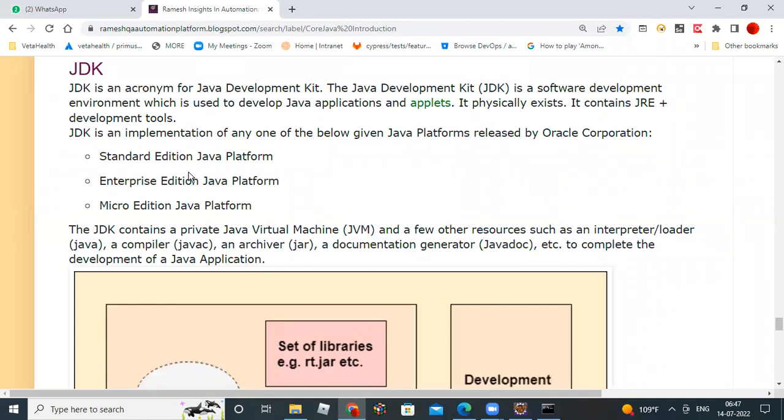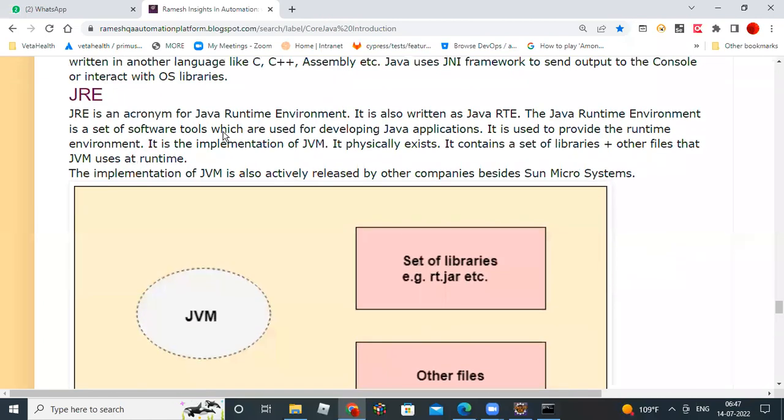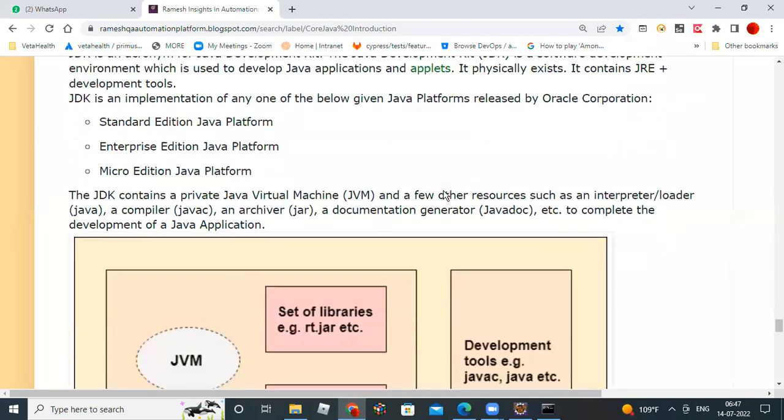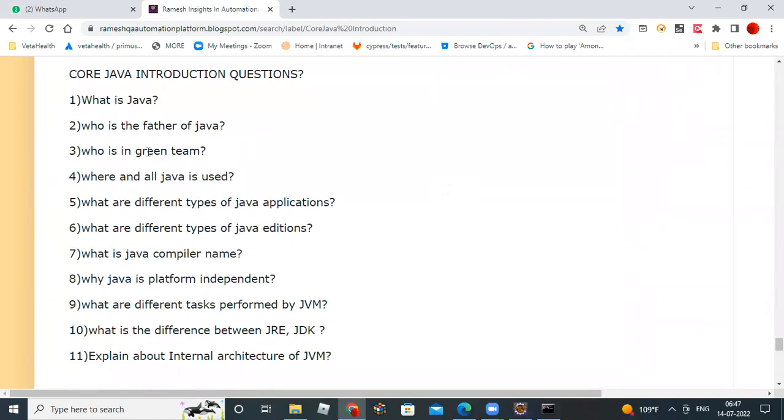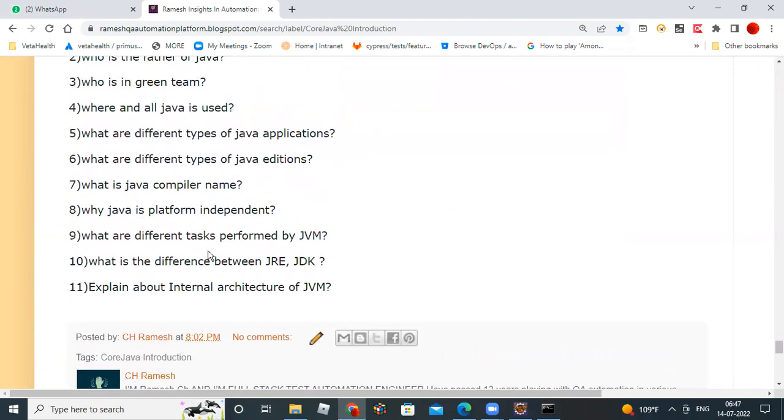So this is all about JDK, JRE and JVM. You have all the questions here. You can check yourself, and after every topic you have questions like this. Check yourself whether you are able to answer all these questions or not. So that's it about the basics of